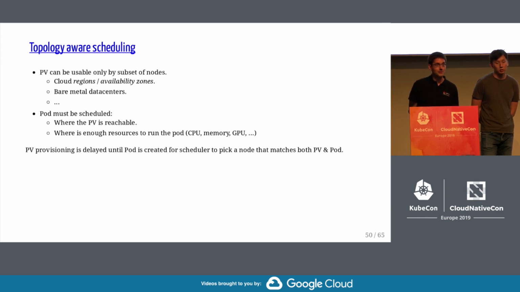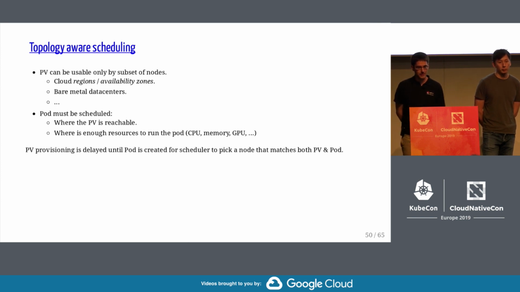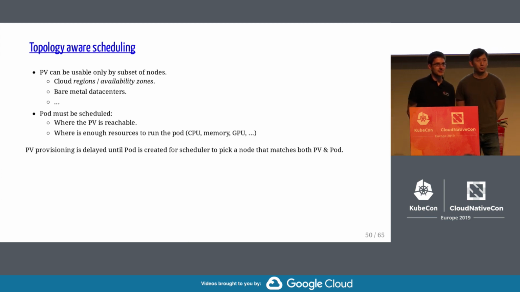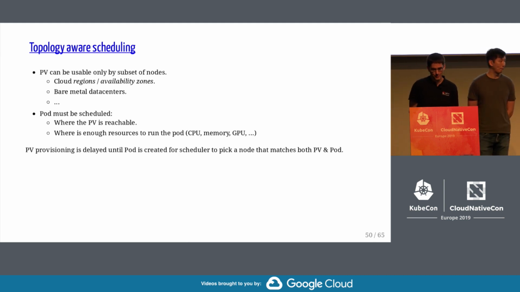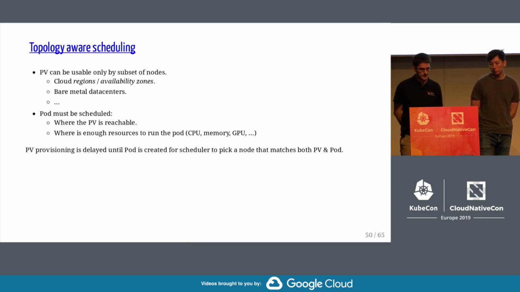Until now, we expected that if we have a persistent volume object in Kubernetes, the volume is available to all nodes in the cluster. If you run a cluster across multiple availability zones in the cloud, that's usually not the case. A persistent volume is then available only to a subset of nodes. Kubernetes can know about that using topology-aware scheduling and schedule pods to nodes where the data is accessible. And